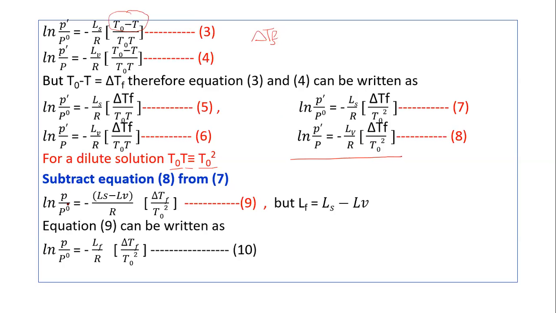So we can simplify this: ln P upon P0 is equal to minus in bracket LS minus LV upon R into delta TF upon T0 square. But now in this case, LS minus LV is equal to LF. How is it? So first of all, let us see the process of conversion of solid